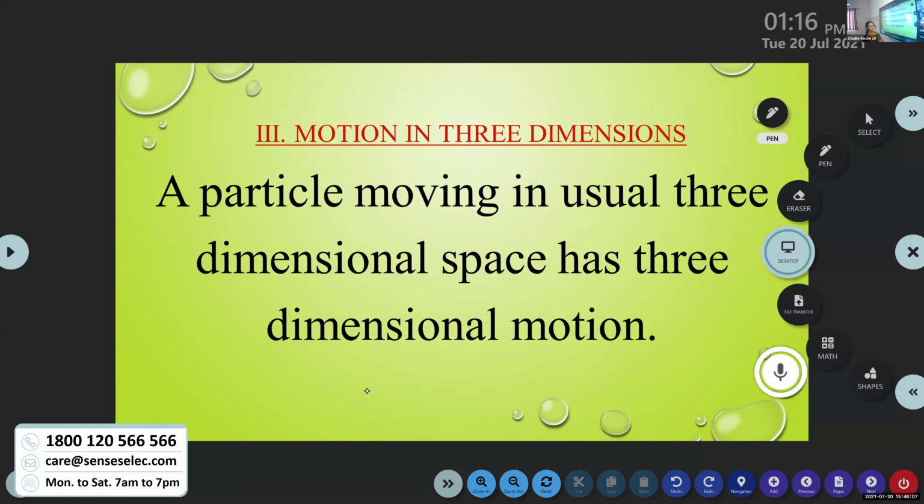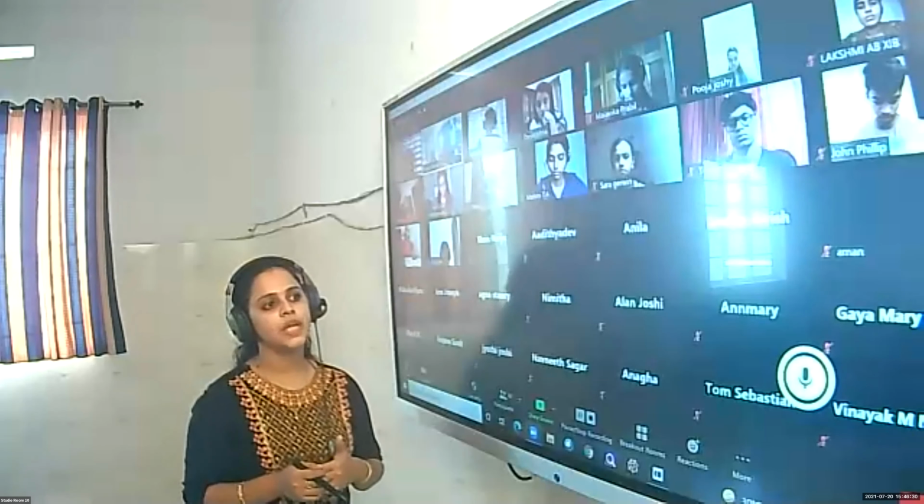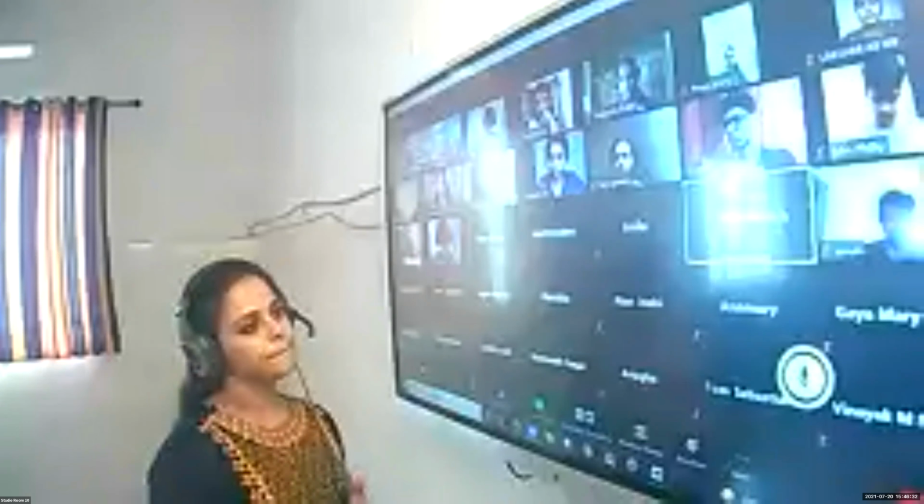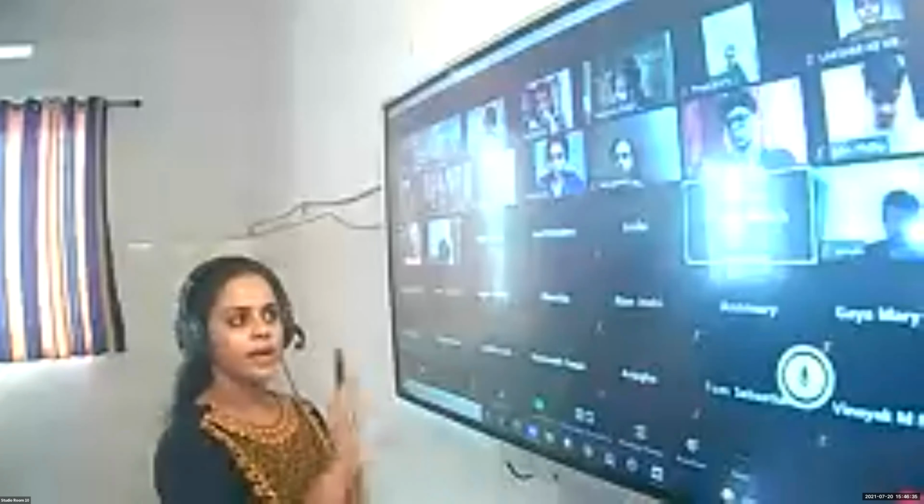Okay, so once again, can you recall all the 3 types of motions? Devika, Girish. Motion in 1 dimension. Here, the object moves along a straight line, and in this motion, only one of the 3 rectangular coordinates is needed to tell the correct position of the object. Very good. Motion in 2 dimension. Here, the particle moves along a plane.